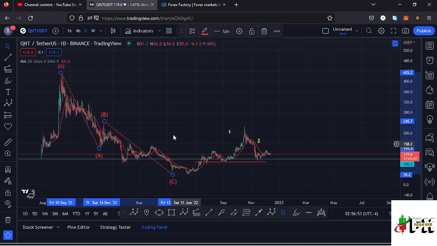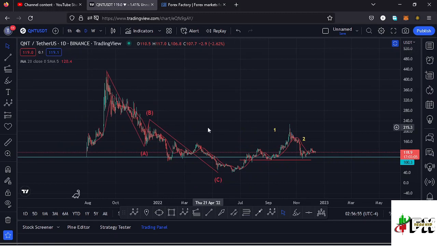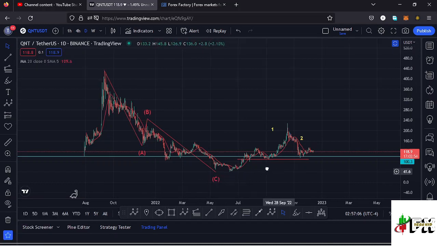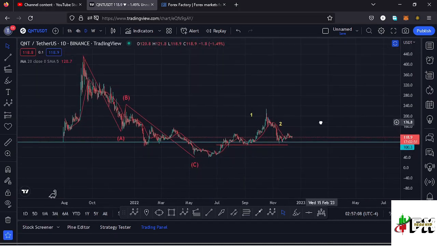And allow me to kickstart the video here on the daily chart by giving you a brief of what has been happening on the Quant chart. Quant from the all-time high had been seeing lower prices in this massive ABC corrective structure, which took us back to around the $40.1 mark, and after seeing that low we have been seeing a very nice bounce to the upside,